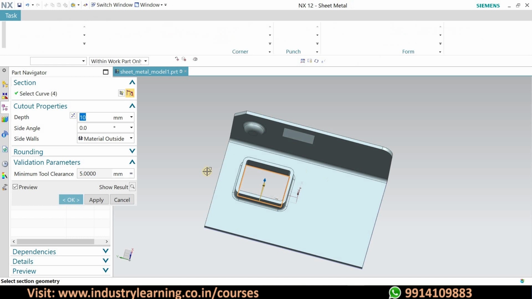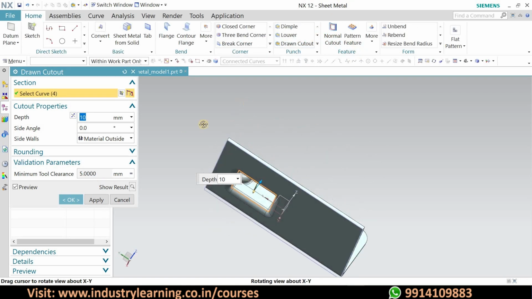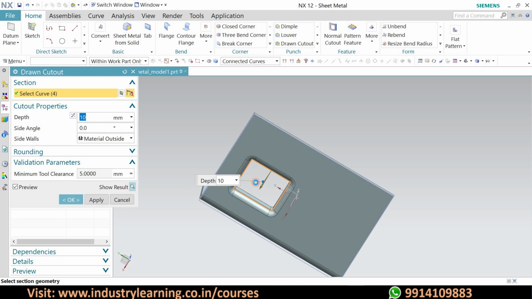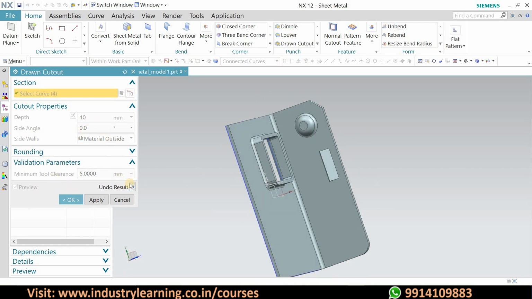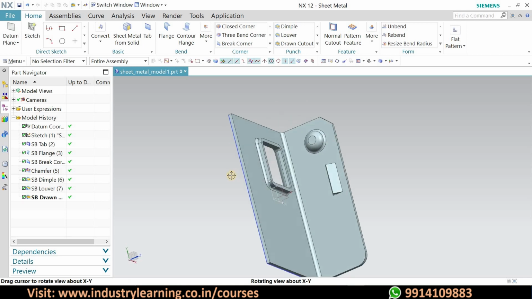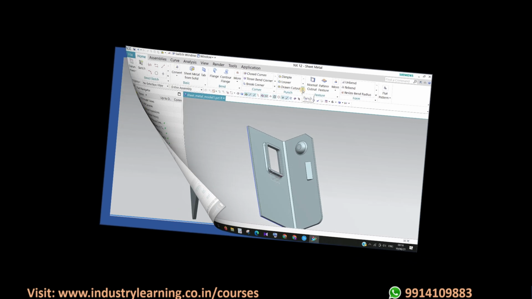Then we can see here that the drawn cutout has been made. We can see this using show result, and you can see this has been made, and even we can change this depth from 10 to 5, and we can see the result here. So this was about all drawn cutouts.